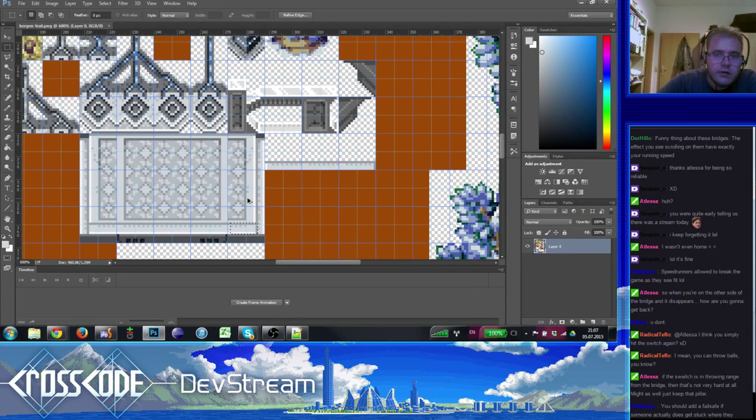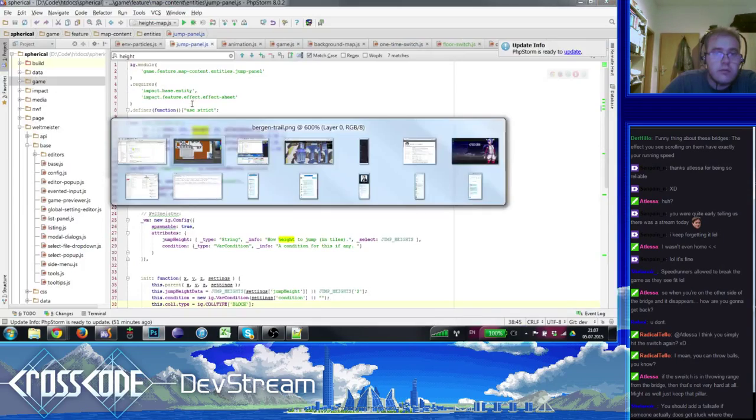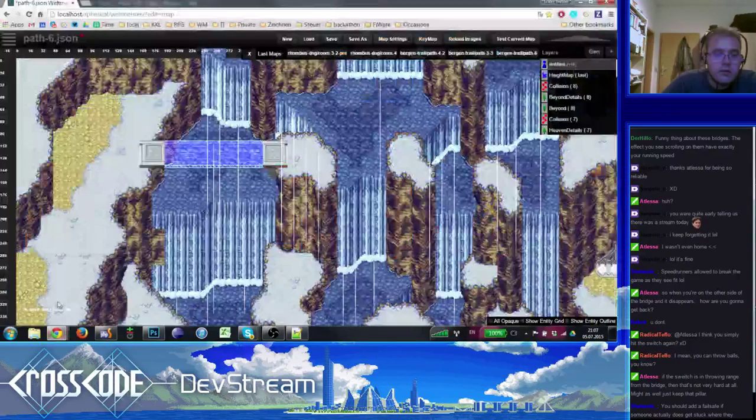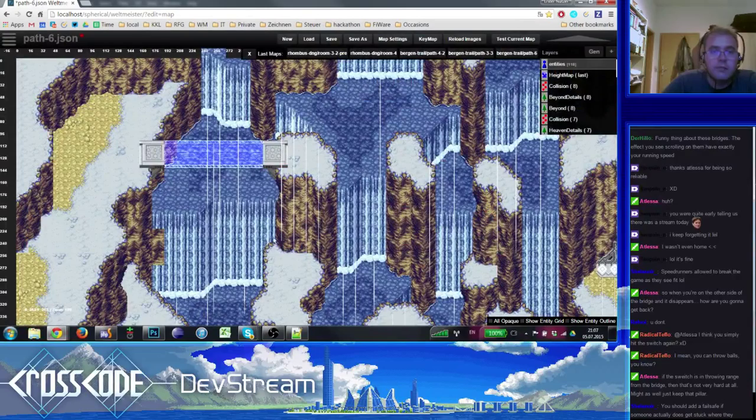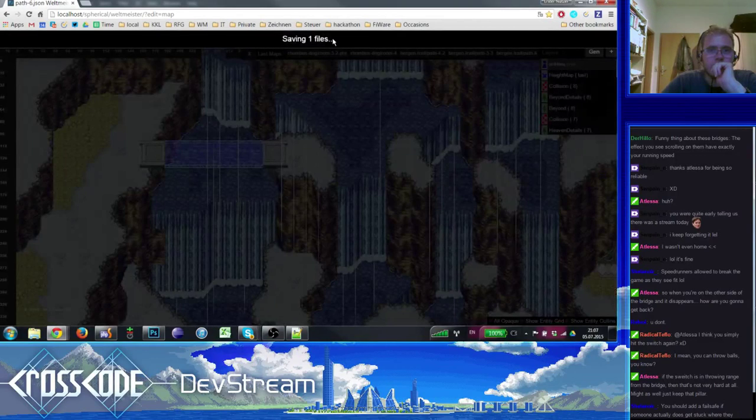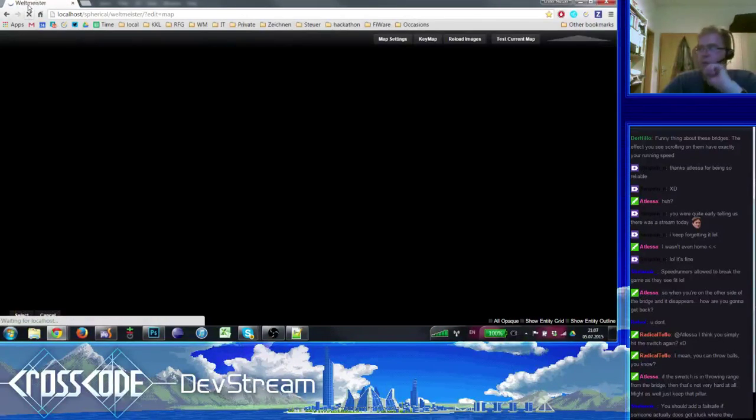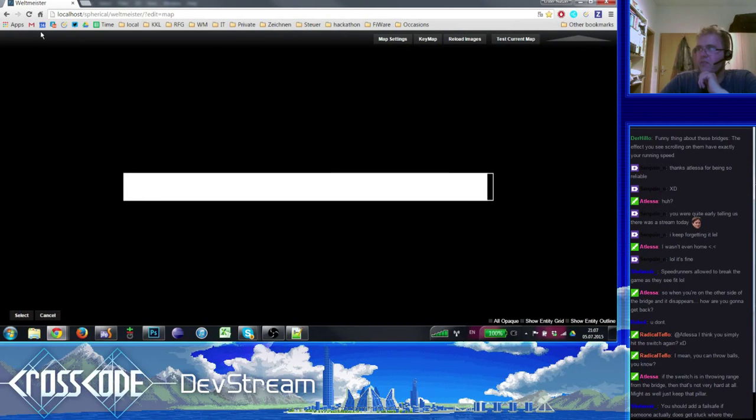Maybe I might work over this a bit, because you have this small stone here. Lessa makes a good point: if the switch is in throwing range from the bridge, it's not really hard. But it won't be, you will see. Like we're good at designing puzzles, at least we try to. We hope. We already know what puzzles work and which don't.